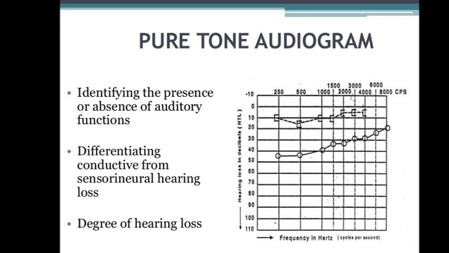So first is looking under the microscope, second is performing a pure tone audiometry. This is a graphical representation of the amount of hearing loss that the patient has suffered. This is a very significant and important step in the pre-operative management. You have to ascertain what is the degree of hearing loss. Clinically, how can you assess it? Yes, you can assess it with the help of a tuning fork test. And then you have to further confirm your diagnosis by doing this test.